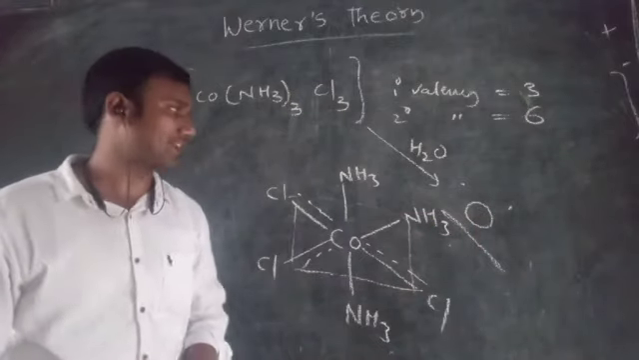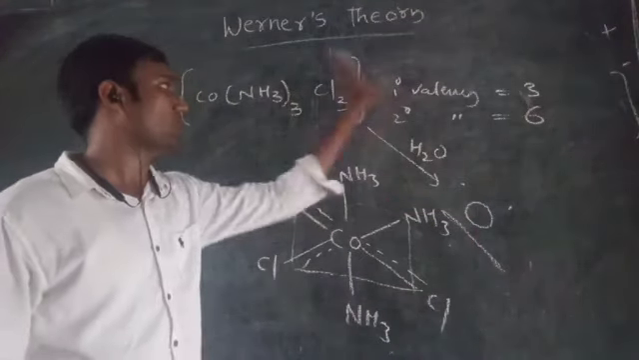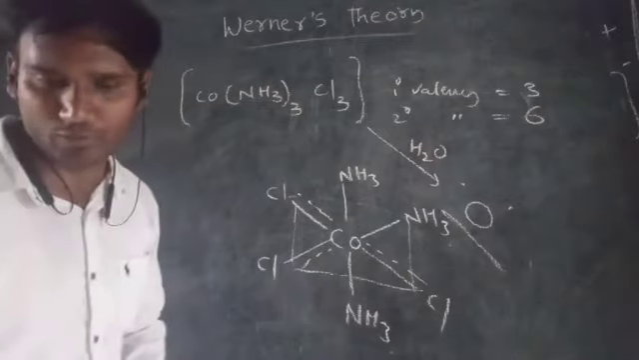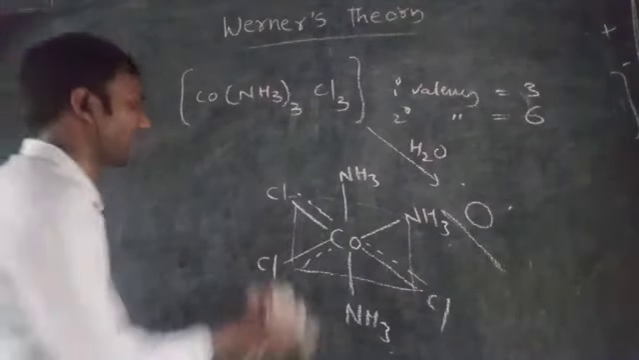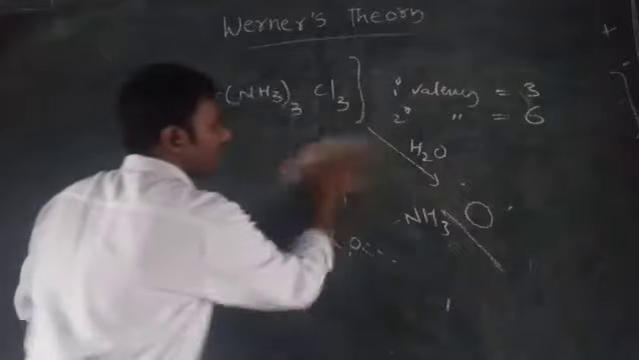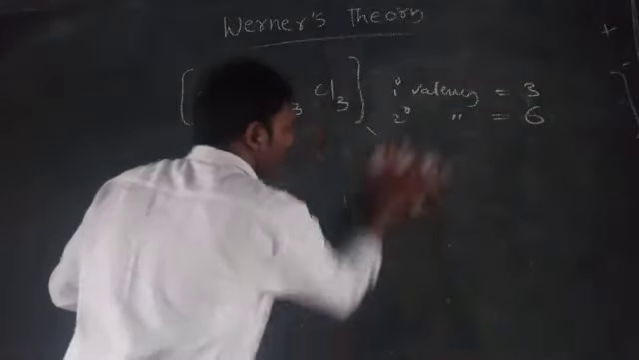Number of ions released when dissolved in water: 0. So this is Werner's theory. And for this complex we can write 2 types of structures. So simply we can say